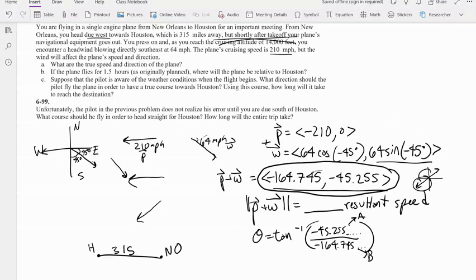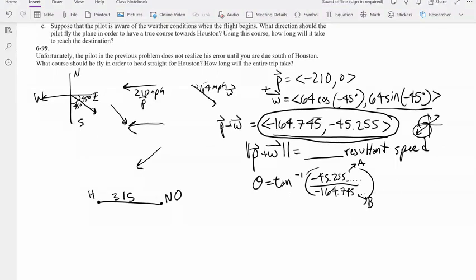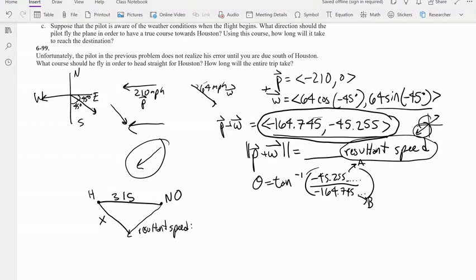Okay. But remember, shortly after takeoff, that's when the wind started blowing, and then you ended up with this resultant vector, right? So the resultant vector was this. So you want to figure out, okay, how far am I from Houston? So once you find the resultant speed, your resultant speed is like 170 point something. What you're going to do is multiply your resultant speed